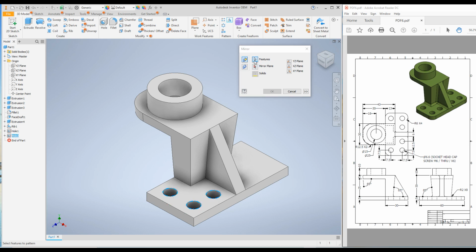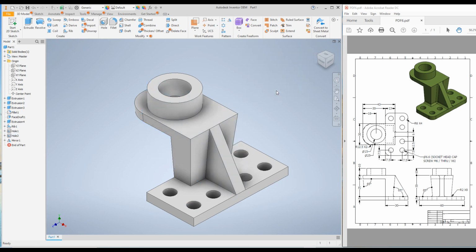Here we go. Now the arrow becomes white. That's when we can move forward. Now we have to select the mirror plane. Go ahead and activate it and select XY plane. Here we go. Now the preview looks good and click OK. You have it. Go to home view